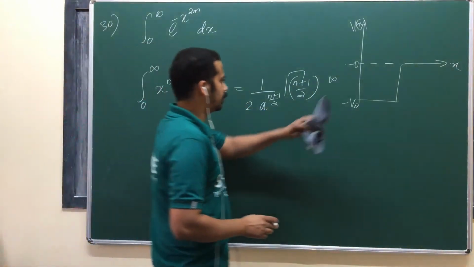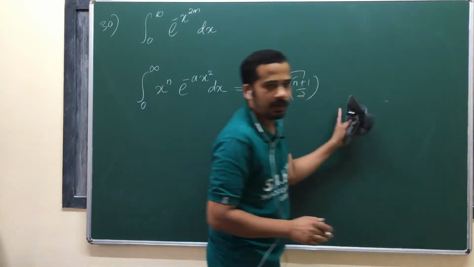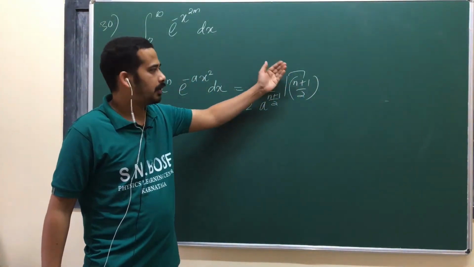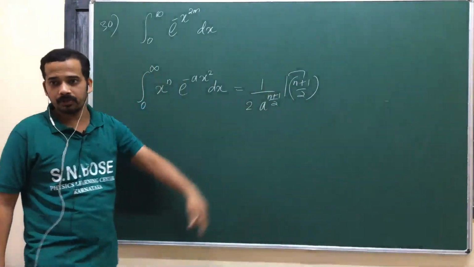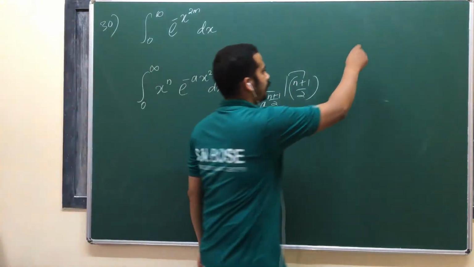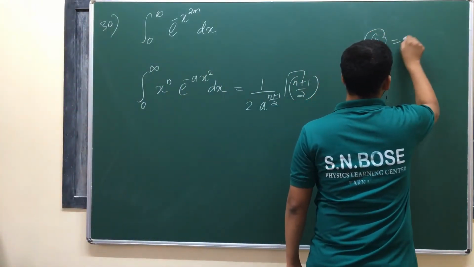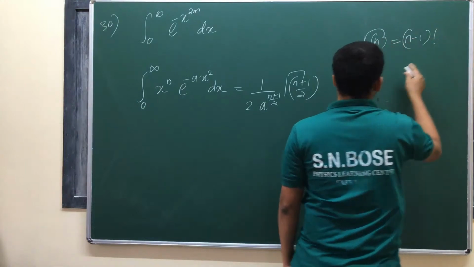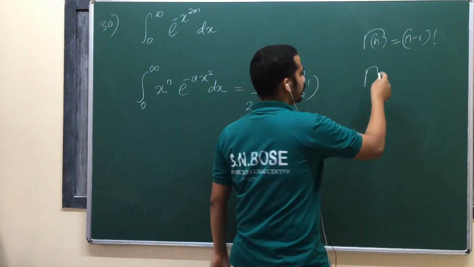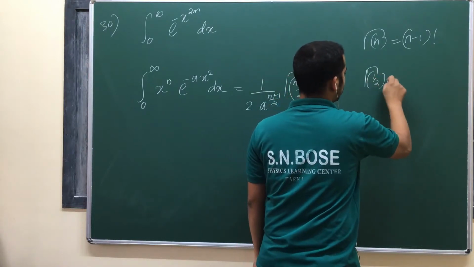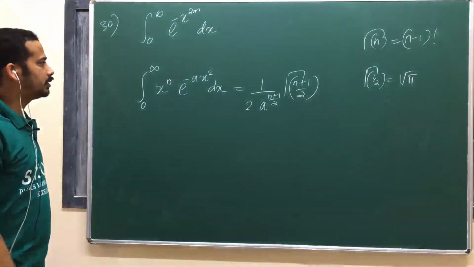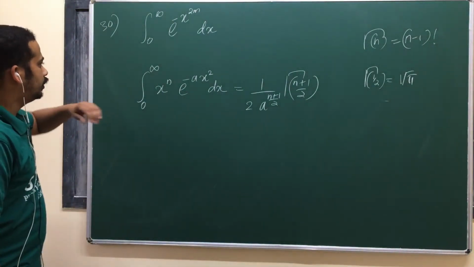In this particular integral, we have taken gamma of half is equal to root pi. In most of our problems it can be converted into gamma of an integer. If n is an integer, gamma of n is equal to (n minus 1) factorial. If gamma is of a half integer, you can convert that into gamma of half, which is equal to root pi. Using this, I think we have applied this integral in many cases.